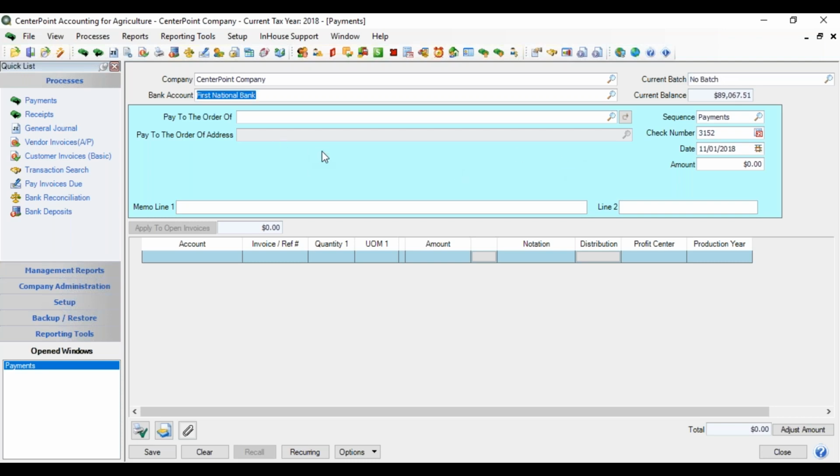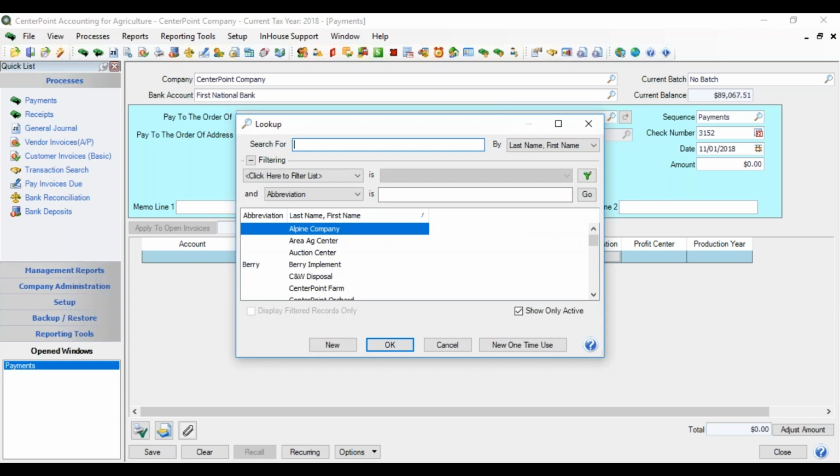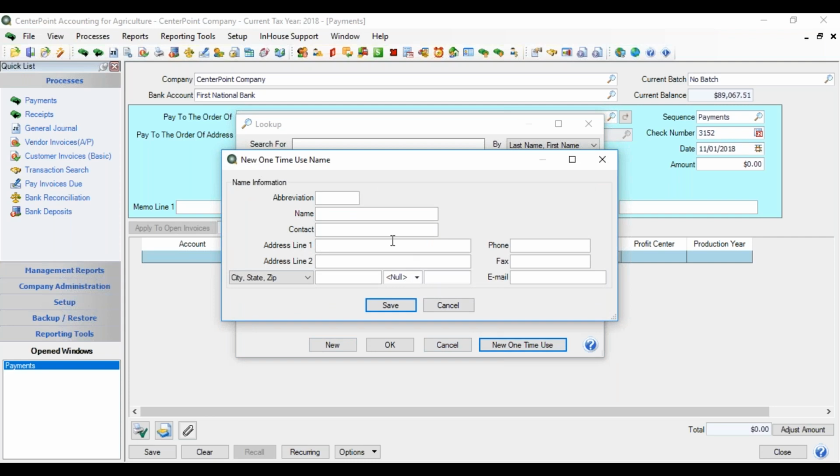I'm going to now tab to my next field, which is paid to the order of, and this will be the vendor that I'm going to be paying. So again, I can do my lookup of my magnifying glass and do a lookup here. If I needed to make a new item here, I can. I have buttons at the bottom where I could create a new name if I needed to. If this was a name that I know I'm never going to probably use again, I can use the option of new one-time use. That'll bring up a smaller entry screen where all I need is the name if needed,